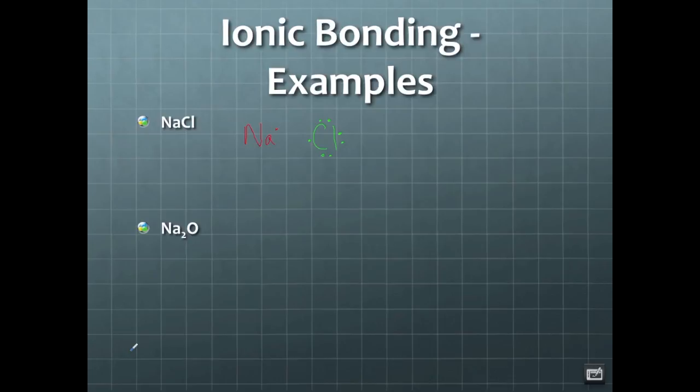As we said in ionic bonding, electrons are going to get transferred from one element to the other. We know from previously that our element with less electrons, in this case our sodium, is pretty much always going to be our metal. It's easier for it to lose electrons to be happy. So we're going to transfer that one electron from sodium to chlorine, and what we're going to end up with then is our sodium with